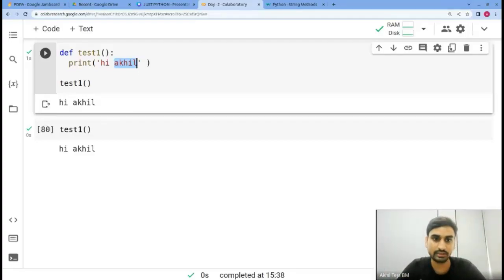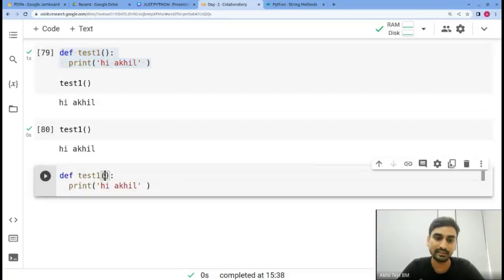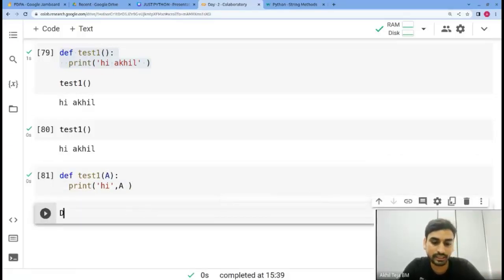What I mean to say is, I'll copy paste this particular function and I'll say, please say hi to the variable a. Do I have variable a in this line? No. So I'll make this: I am saying hi to a. So whatever value input that I give under this position should be passed inside this function, right? So now when I run this, my function is defined. But if I have to give an input to this, I'll just say test1,